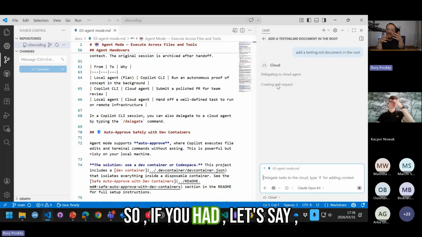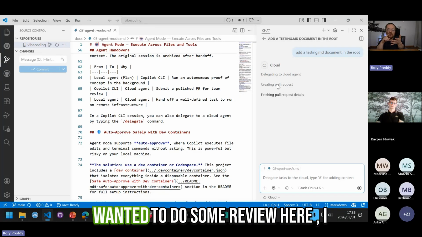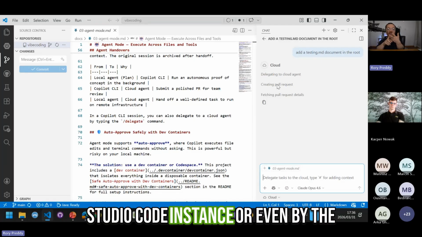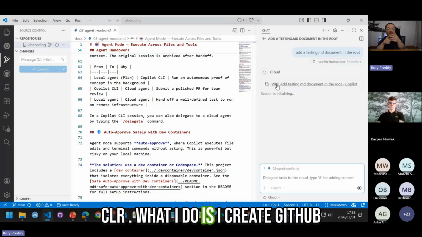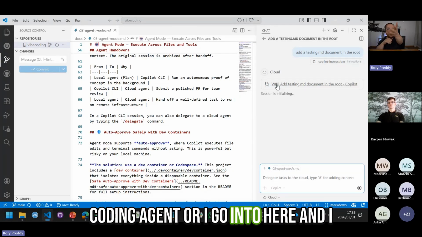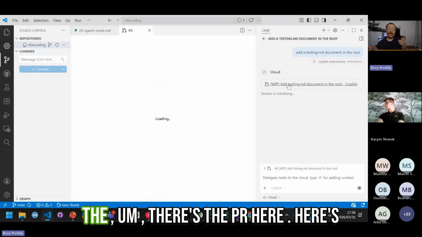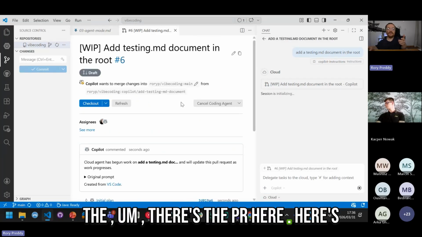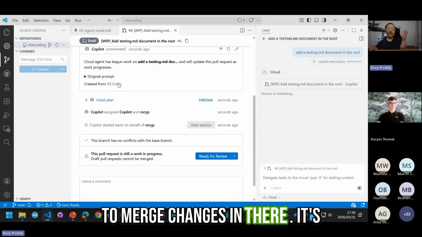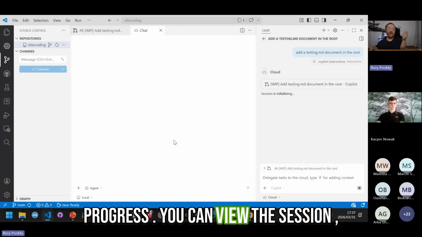So if you had, let's say, documentation or testing, or you wanted to do some review here, I don't do this in my actual Visual Studio Code instance or even by the CLI. What I do is I create GitHub issues, and I delegate them to the coding agent, or I go into here, and I say, please, you can see here, add the, there's the PR here. Here's the PR. So you can see here, it wants to merge changes in there. It's ready for review. You can actually go into there. It's work in progress. You can view the session,